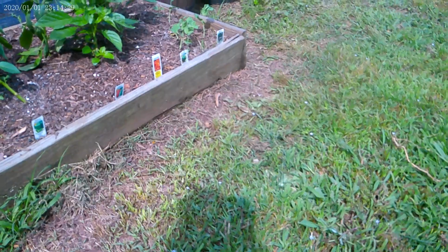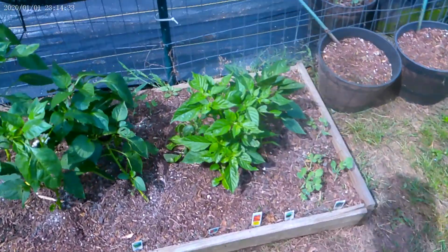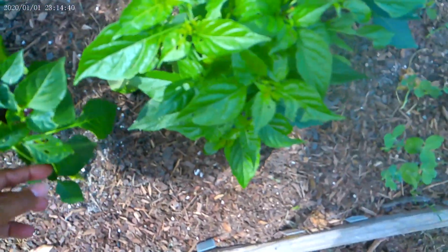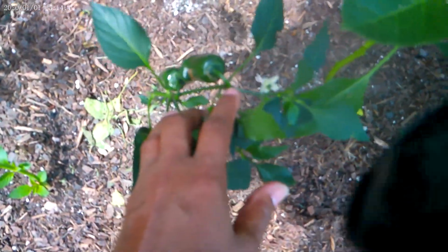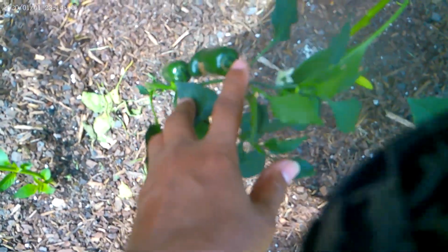the California Wonder, and the Jubilee Beauty. So they are thickening up. Some of them I did top off. Some of them I think I just left them alone because I've been doing some research with this topping off. And if you're not familiar with Pepper Geeks, they are on YouTube, and this is all they do is peppers. And they have great information on